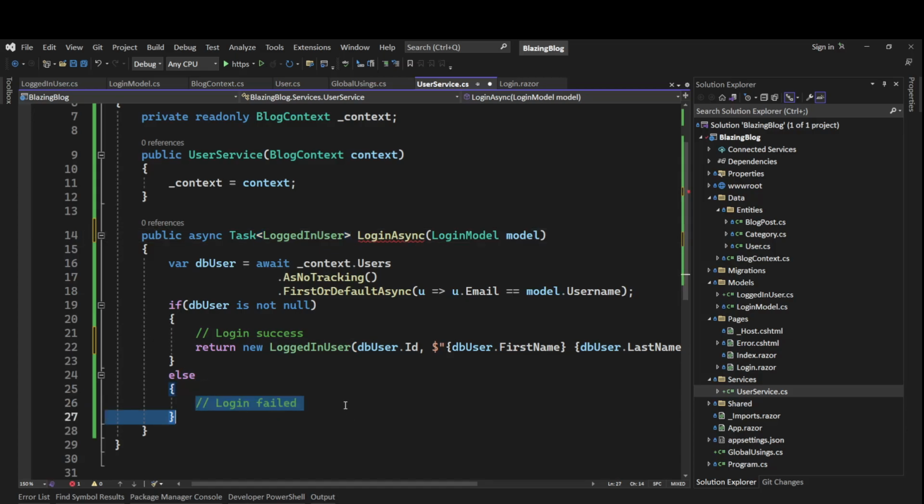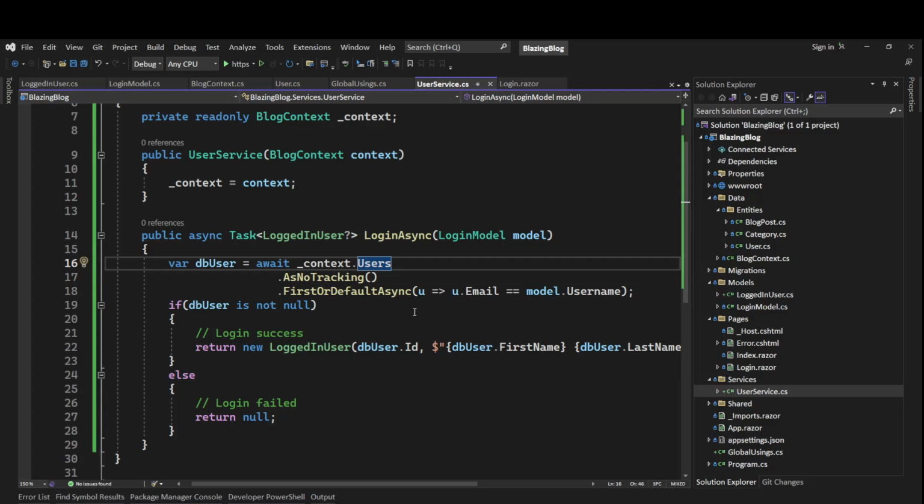And if that's not the case, if login failed, we'll simply return, let's say, null from here. And let's add nullable here. And now we should be good. So login async, we are getting this. Now next thing is,